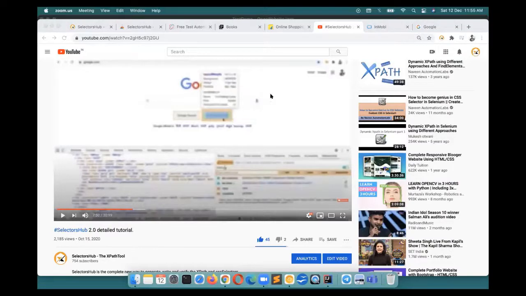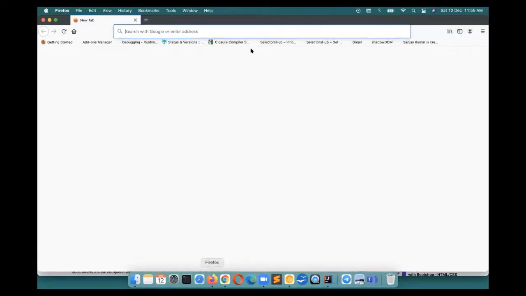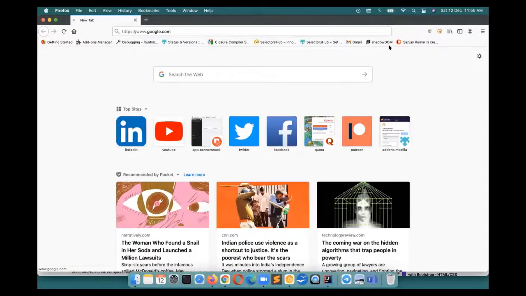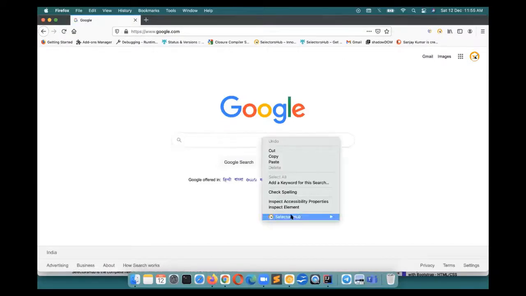Yes, it is available for all the browsers, with the same functionality. So you need not worry: you have learned it in Chrome, then how about Firefox? In Firefox as well it will be with the same functionality, and you can add it there. You see that all the functionality will be available on Firefox as well, with the same features.